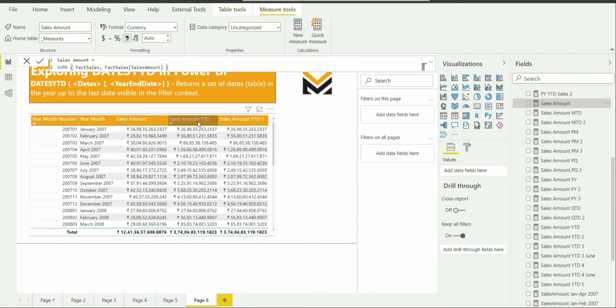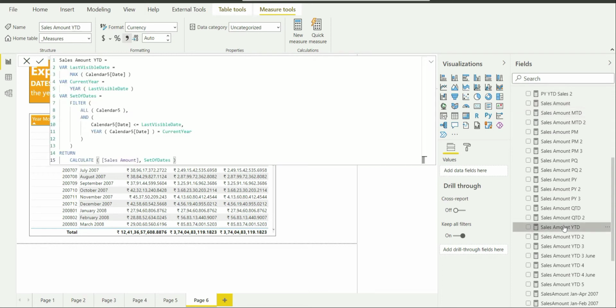Now I have to calculate sales amount YTD, so I am going to jump to my first measure. In this measure, I am going to cover the scenario where I will be calculating the year-to-date sum using basic functions of DAX.